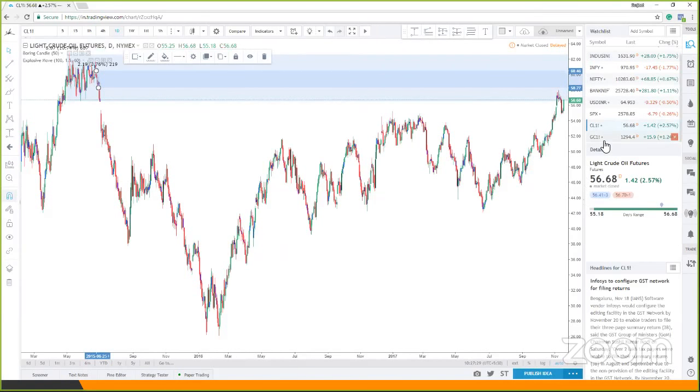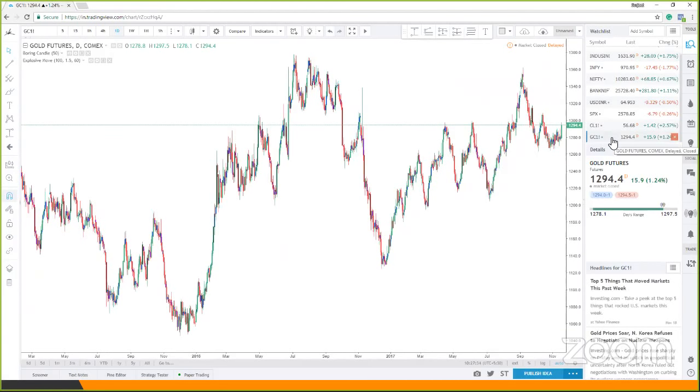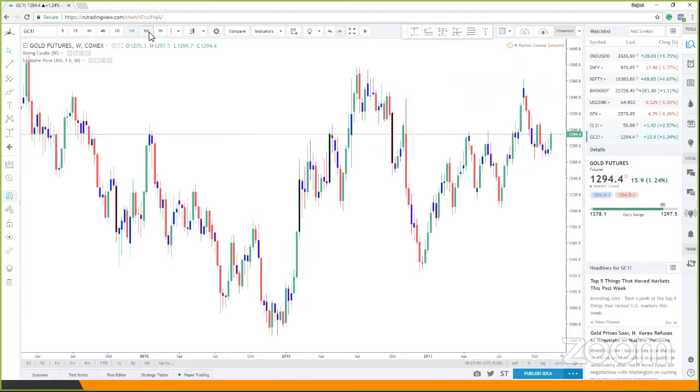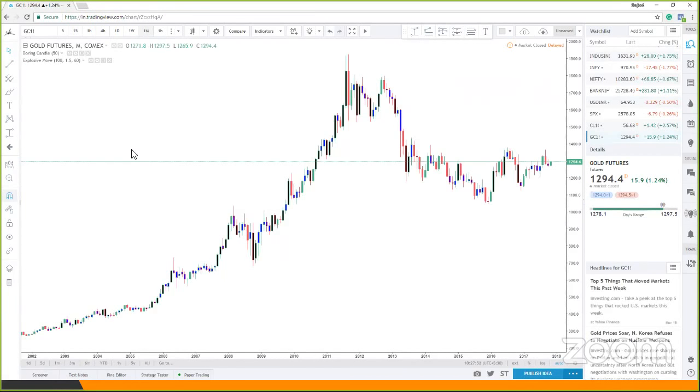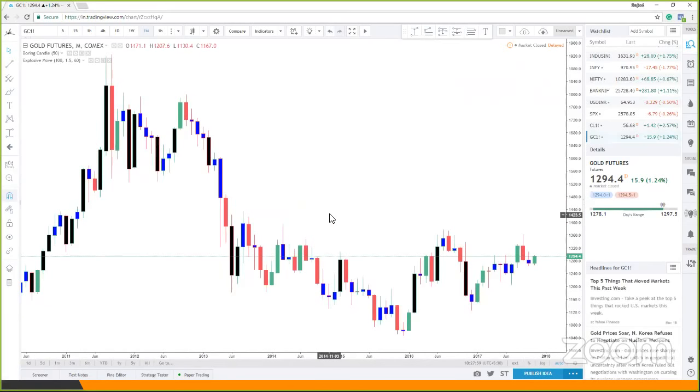And the last one is GC, which is your gold. So when I'm looking at crude oil, I'm looking at gold. This is not the MCX market, that's the international market, because on this platform I'm using, they don't give you the feeds for MCX as of now. That's the reason I'm looking at the international markets. If you have been trading commodities, you know they almost work hand in hand. Whatever happens internationally will happen in MCX as well.